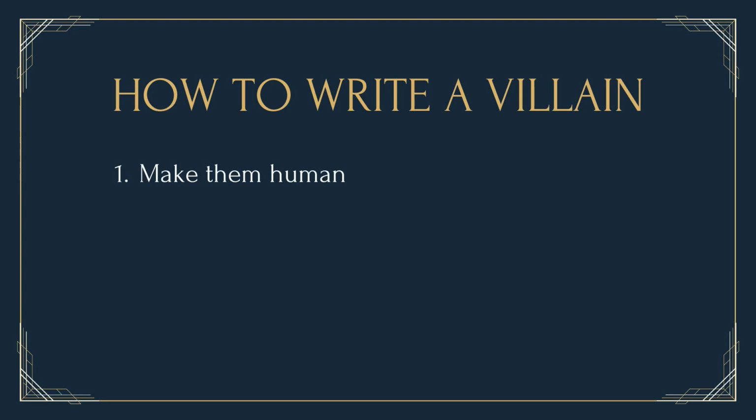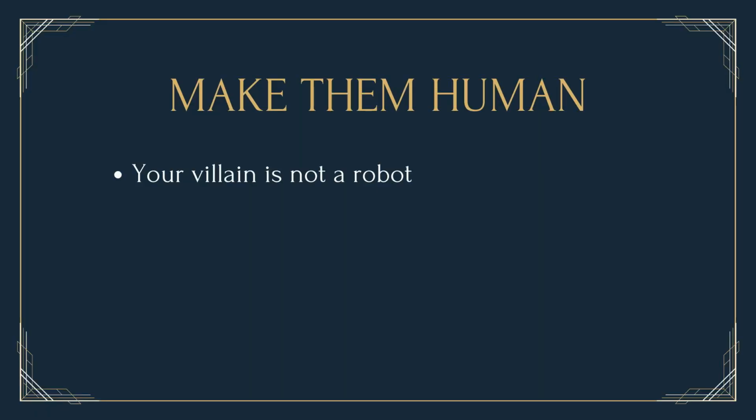The number one thing that you want to do when it comes to your villain is to make them human. The number one thing that I see people do when it comes to their villains, whether it is a baby writer or a published author, is that they don't put any human elements into their villain. Your villain is not a machine, even if they can be cold-hearted at times, something like a sociopath, a psychopath, a narcissist, or anything else that can make them come across incredibly cold and callous and calculated.